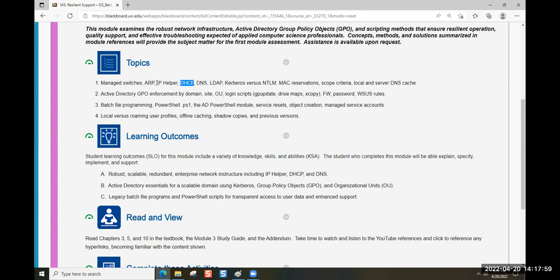So the IP helper points clients to the DHCP server where they can get a unique network address. And then the DHCP server in turn says, here's your unique IP address. And while you're at it, if you want to get out of the network locally and go to the internet, the gateway address is this, and your DNS server you're going to need. The domain name server is going to give you the network addresses of all the popular internet